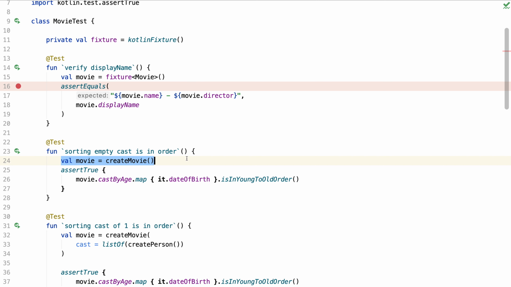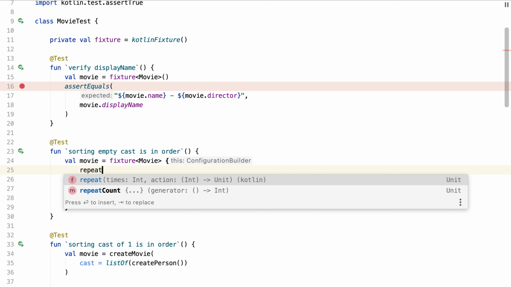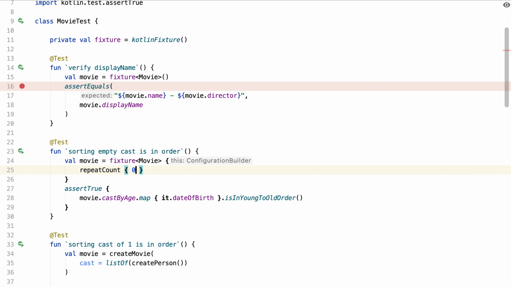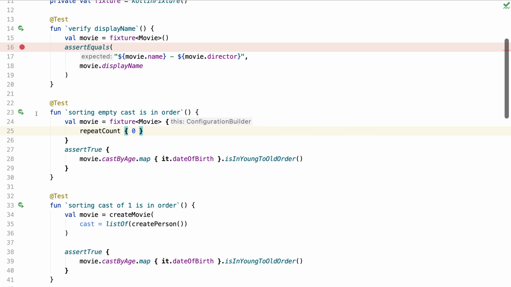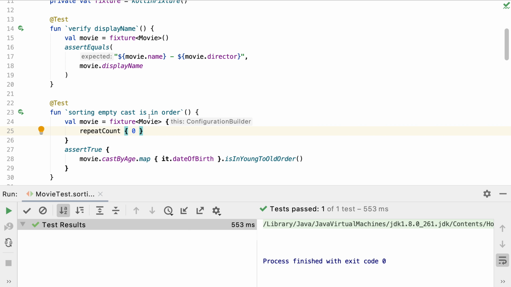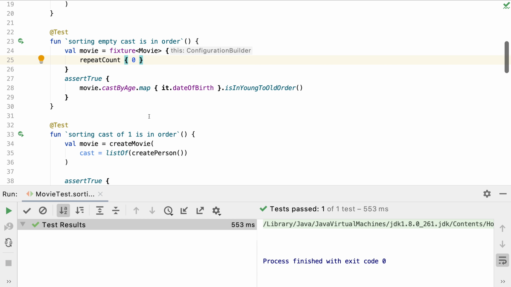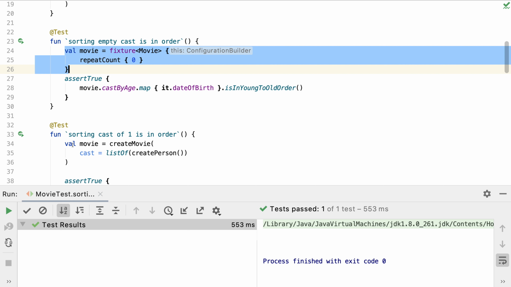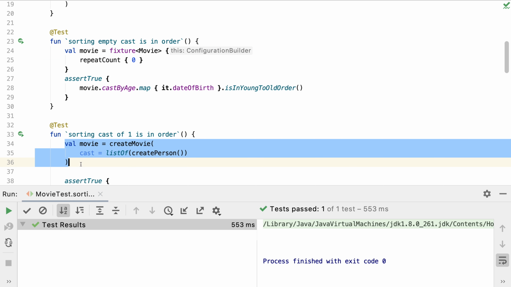For testing a cast size of 0, we again use a fixture but need to control the size of the cast list, which we do by setting the repeat count configuration to 0. Similarly, a cast size of 1 just needs a repeat count of 1.